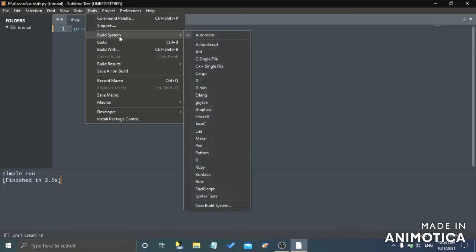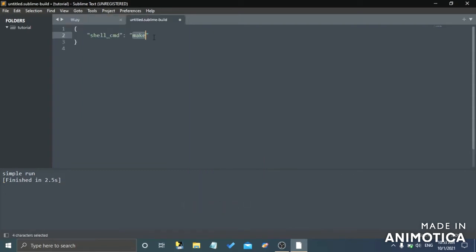But there is a setup for Java. It has the option JavaC, but it only compiles Java, not runs it. So to run Java, you have to set it up. So I am also going to show you how to do it. You have to make a new build system. So here now you have to type javac